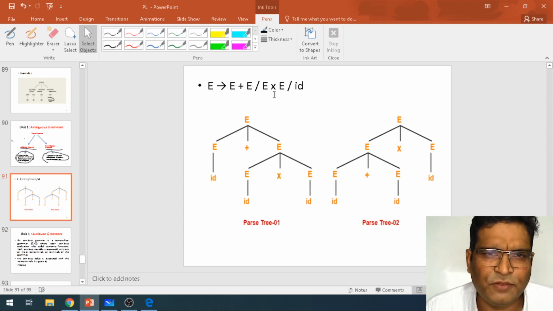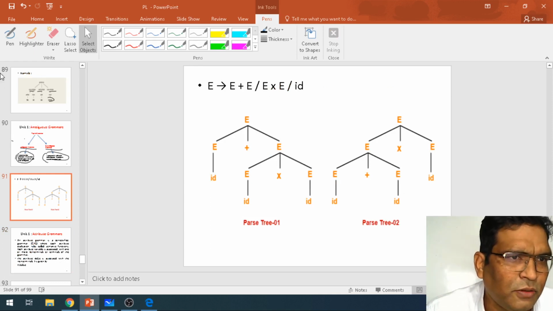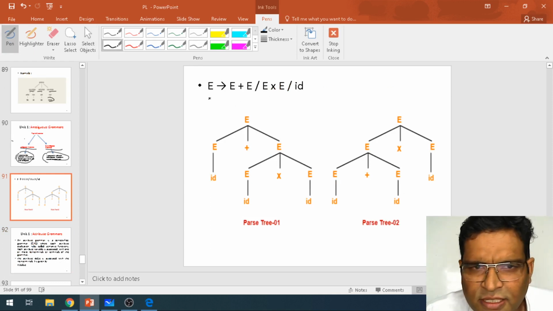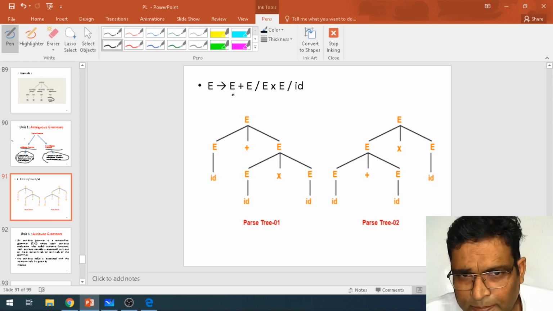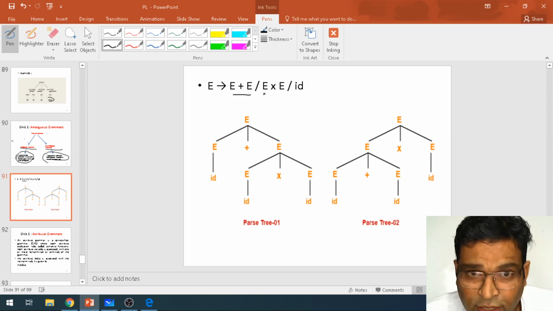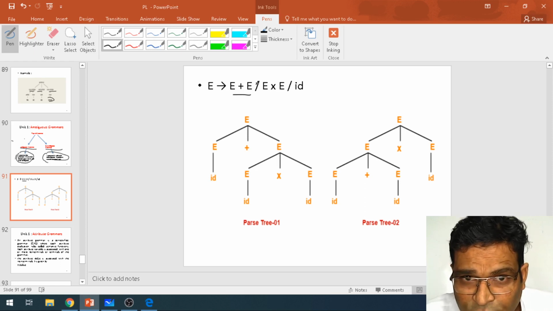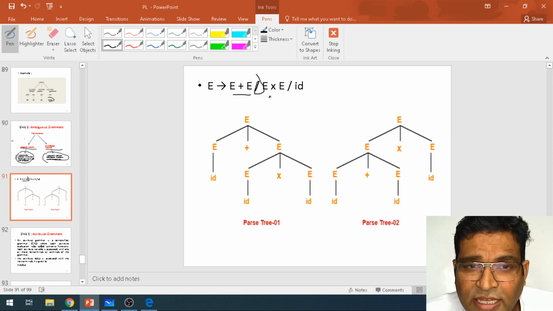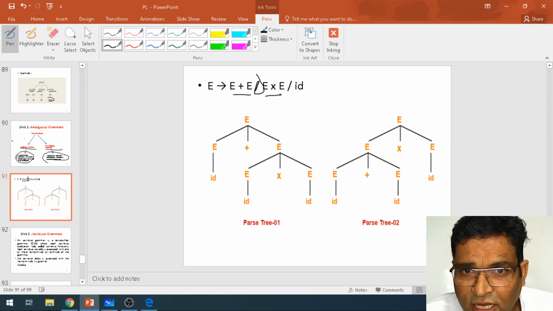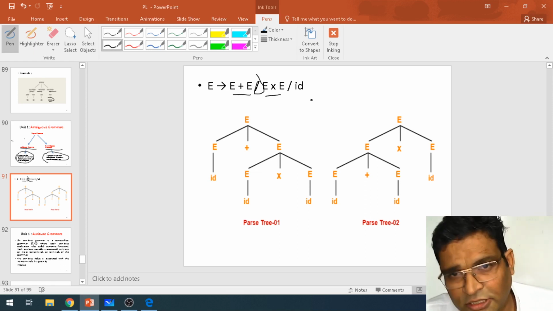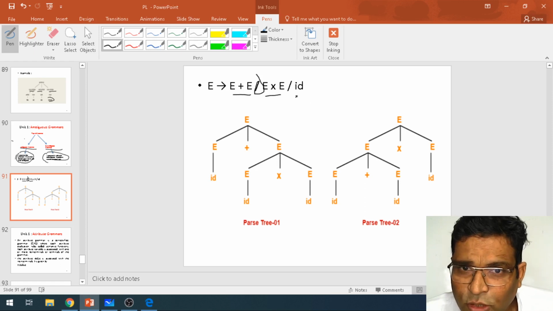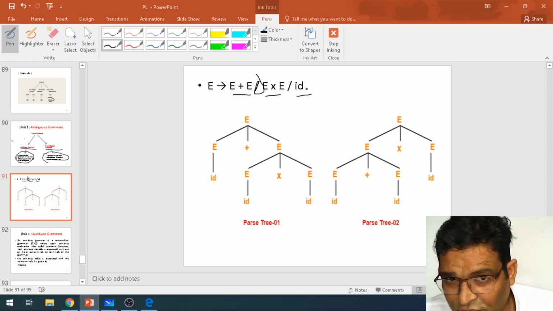There is a grammar which we have defined here. E tends to E plus E, or, and this means or, E star E, or E is equal to ID. This is non-terminal.